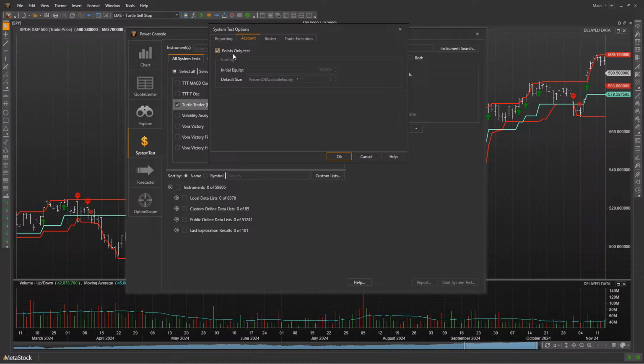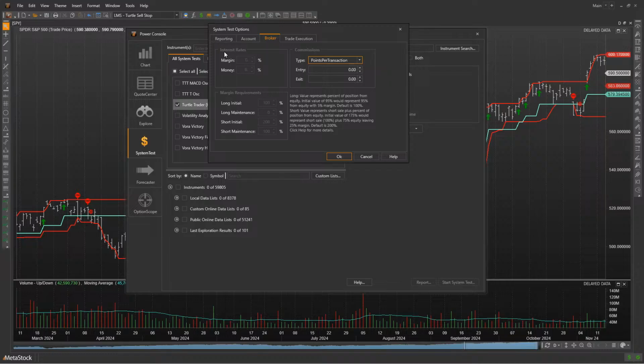I actually like running it that way initially when I'm looking through the different trading strategies, and the reason being, it's really easy to compare systems against each other. Otherwise, if you choose, for example, to trade a dollar figure, then it gets a little bit murkier, because then you can possibly add interest rates into it, margin, and so forth, and that becomes more difficult to compare the results against each other. So for that reason, I just use a points only test.